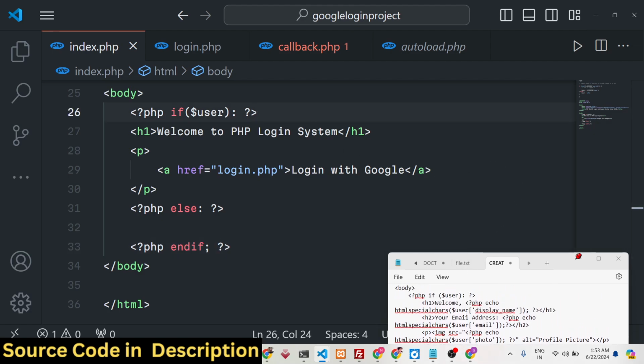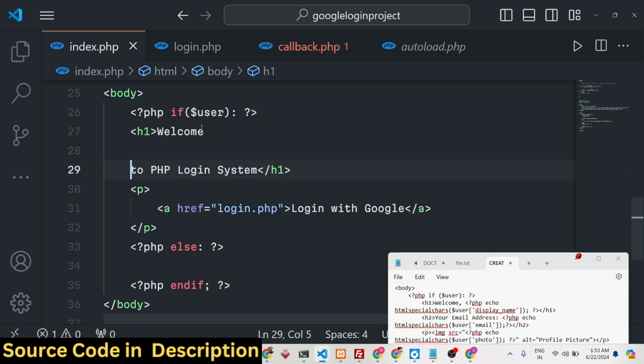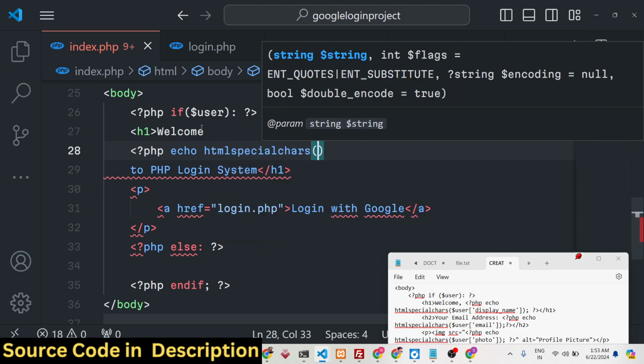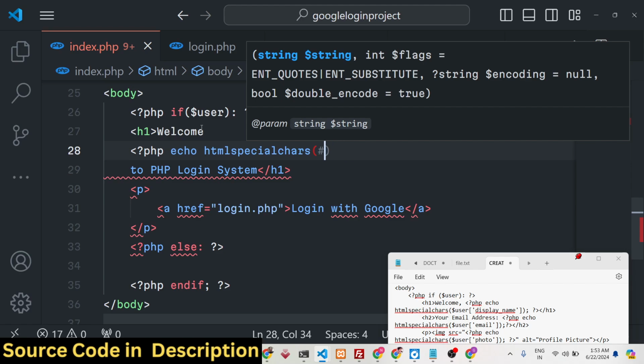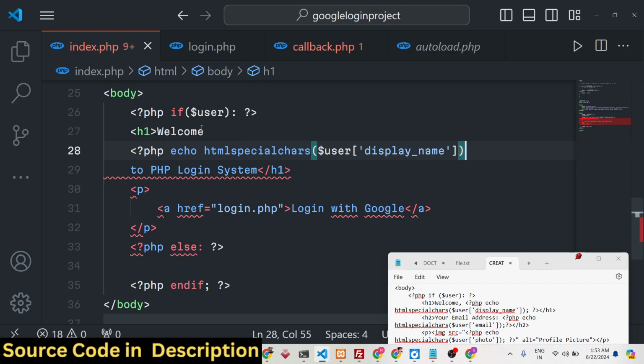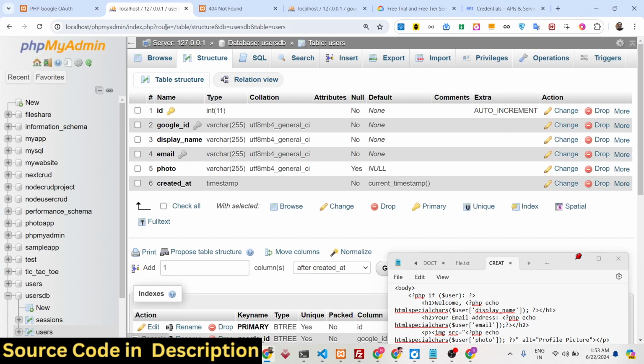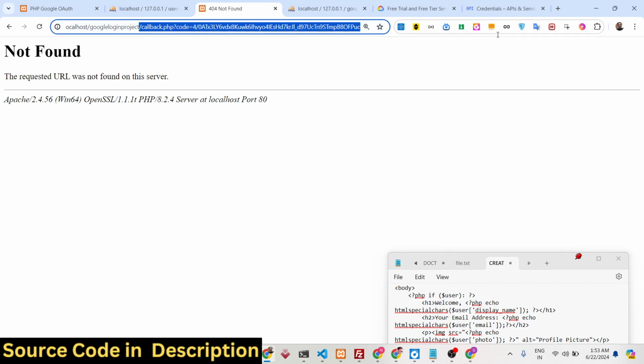So now we need to write this dynamically. We can write a very simple PHP line here, PHP echo htmlspecialchars. We'll use this function because we are fetching the data from the database, from the table, and we will simply say right here user display underscore name. So if you just refresh now, guys, just see what will happen. If I go to the home page,